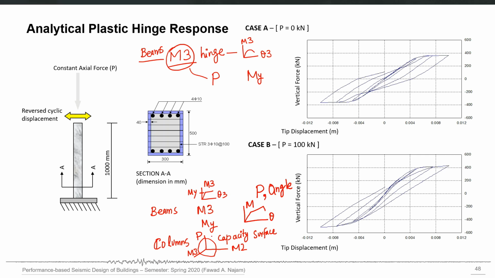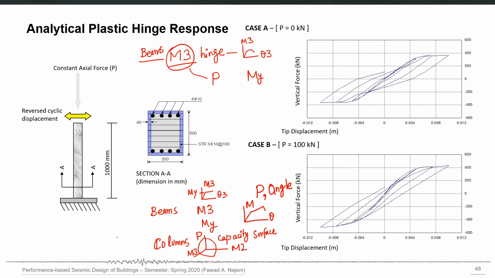That angle between M2 and M3 is also required, because the applied moment may be in the M3 direction, it may be in the M2 direction, but it may also be in some intermediate direction at a particular angle. In that case, the moment will be the moment at that angle, and the rotation will be the rotation at that particular angle between M2 and M3.